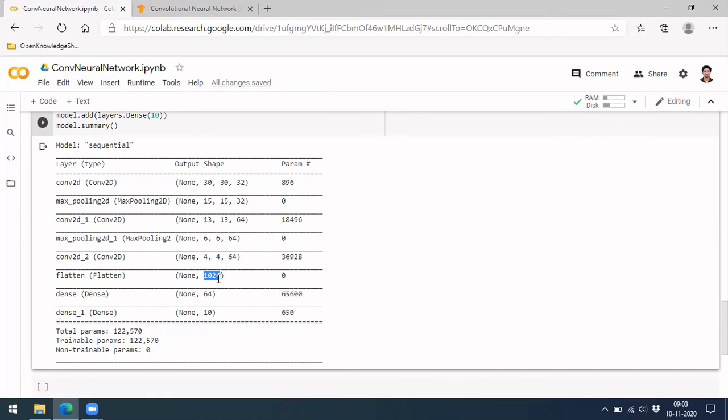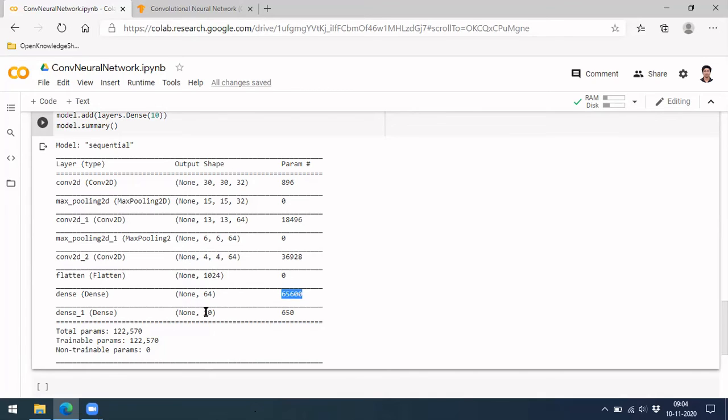What this flatten layer will do is turn it into a single layer. So it is 4 cross 4, 4 into 4 into 64, 16 into 64, which is 1024. If you flatten, it will come out this way, 1024. After you do this, we are adding a dense layer of 64. The weights will be 1024 into 64, and you also have a bias term, right? So plus 64 it will add, and this will be your values here.